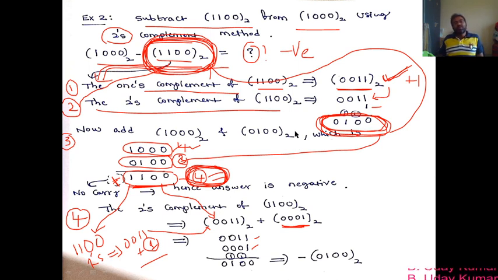Remember, the 1's complement method and the 2's complement method are very important for your board examination. For your better understanding, I have taken 2 examples where the first example gives a positive answer, and the second example gives a negative answer in both the methods. Moreover, I have taken the same examples in both the methods. I hope it is clear. Remember, this carry plays an important role here in the third step. If you have a carry, the answer will be positive, and if you don't have any carry, the answer will be negative. That is what you have to understand. So I hope it is clear.